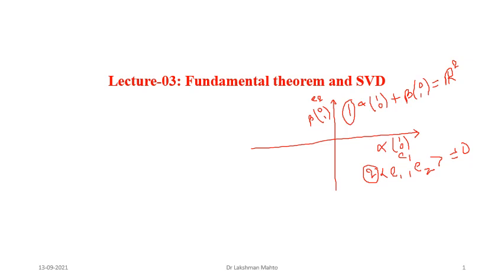And we had already seen that if you take an m by n matrix, it happens to be a linear transformation or linear operator, you can say both are the same. It is a transformation from Rn to Rm. That means it transforms each n-dimensional vector into an m-dimensional vector. So the matrix is acting like an operator.